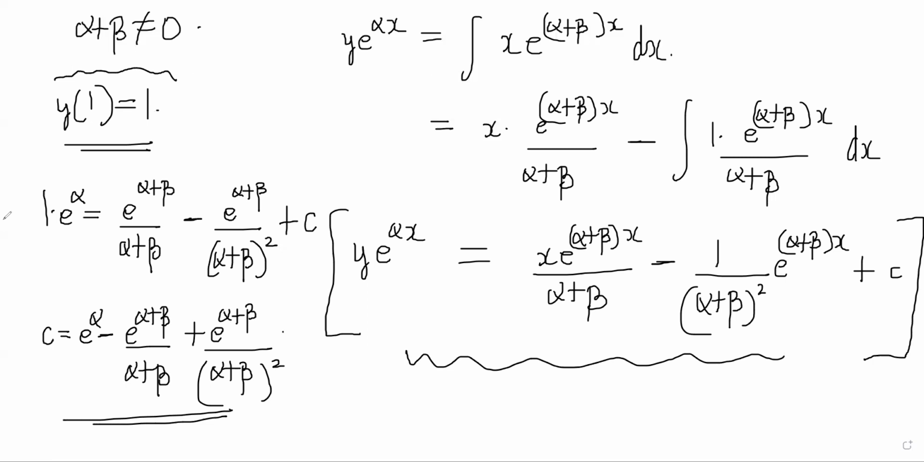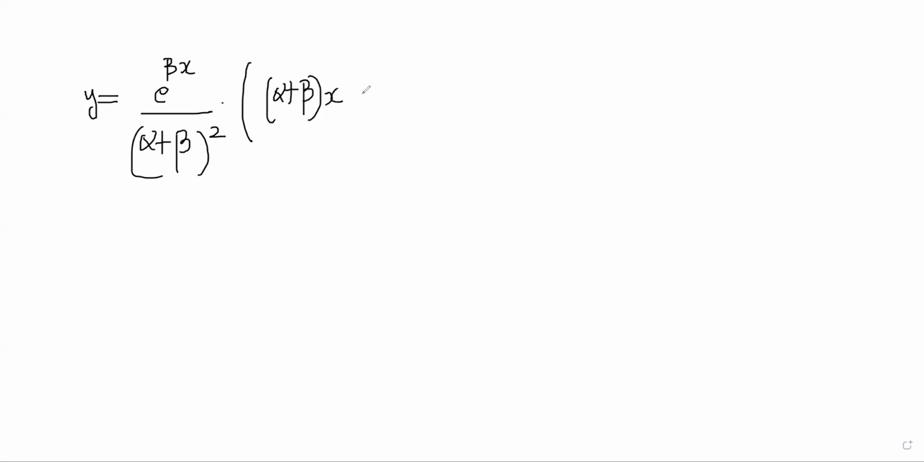So finally, my final function would be when I put this e power minus alpha x here and here and here, right? And put the constant term value also. I will write it on the next screen. My y function is coming out to be e power beta x by (alpha plus beta) whole square times ((alpha plus beta)x minus 1), plus e power minus alpha x, and this is the constant,